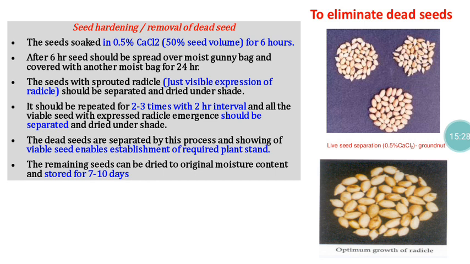Then seed hardening treatment is also recommended here. Because in some other places we take up groundnut cultivation under rainfed conditions, and under rainfed cultivation, water scarcity is a major problem. Again for groundnut, seed germination and seedling emergence will take a period of 10 days. During that period, we have to ensure the availability of the right amount of moisture. That is very important because it is an oilseed.